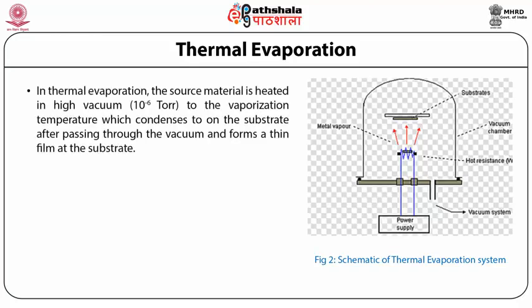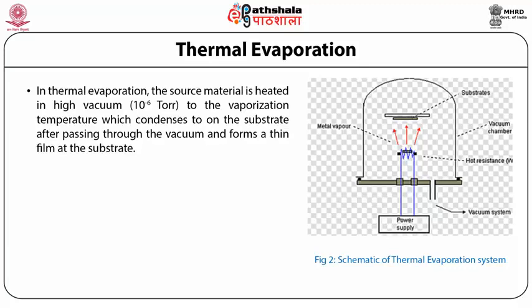In thermal evaporation, the source material is heated in high vacuum, 10 to the power minus 6 torr, to the vaporization temperature, which condenses on the substrate after passing through the vacuum and forms a thin film at the substrate. The simplest evaporation sources are electrically heated spiral wires or foils in thermal contact with the material to be